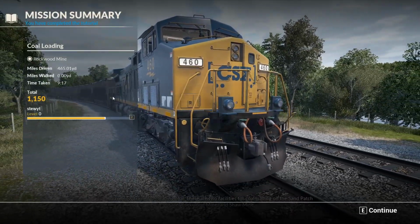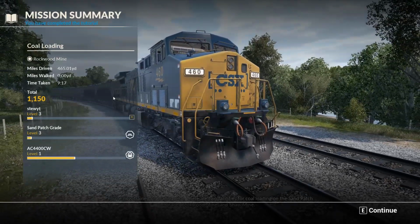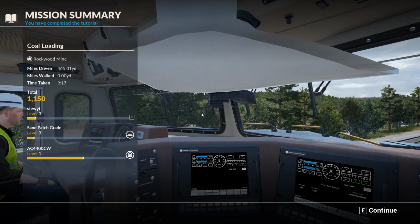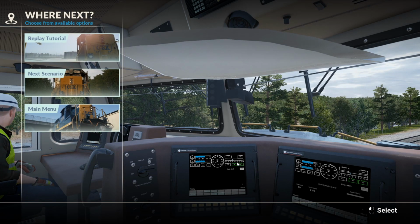You're now trained on loading coal. Yay. There are 2 facilities for coal loading on the Sand Patch Grade. Okay. Rockwood Mine and Shaw Mine. Well, I'm gonna end this episode here because this was one long episode of going through some tutorials of this game,